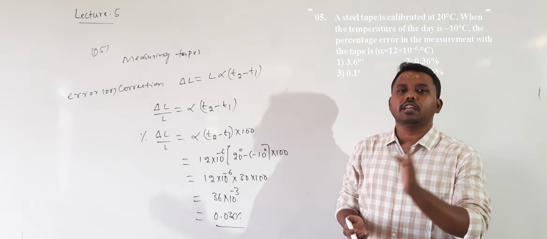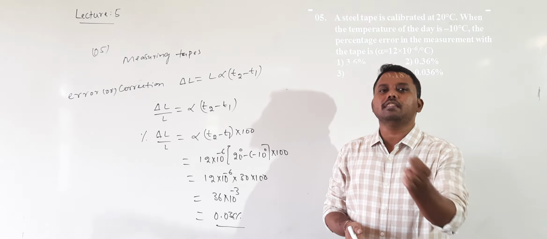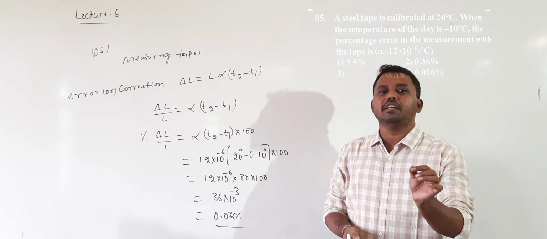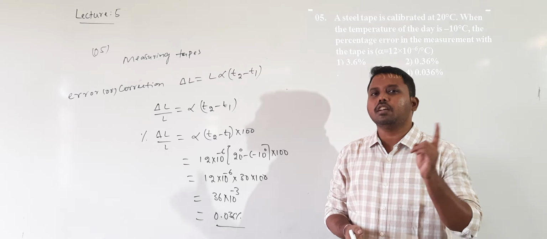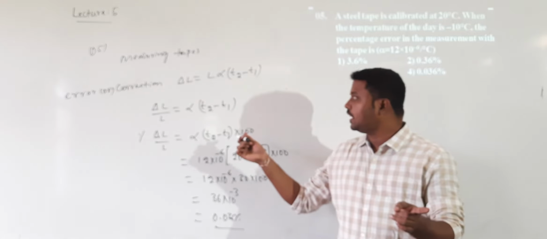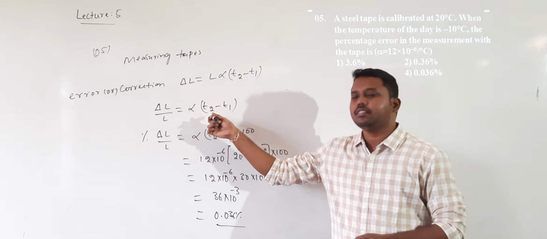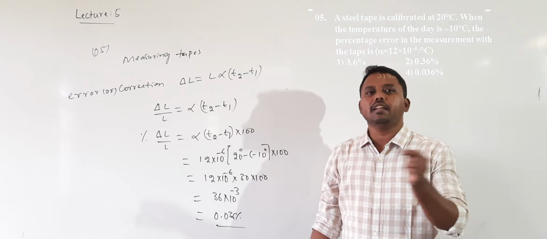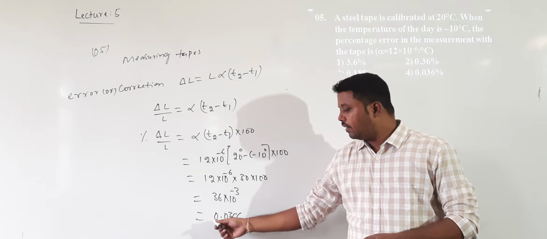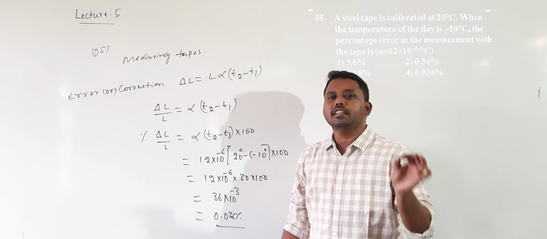So actual reading is equal to measured value plus error. Whenever the temperature T2 is less than T1, what is the formula? Here I have not considered it actually. Here I should take it properly. I should take T2 as minus 10 and T1 as 13. Here I will get a minus. The minus sign is indicating that